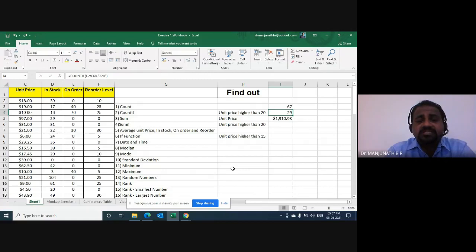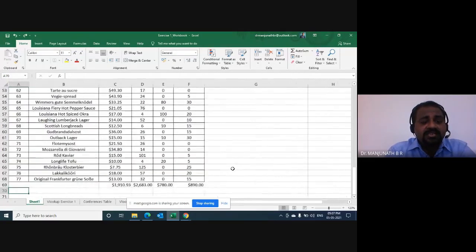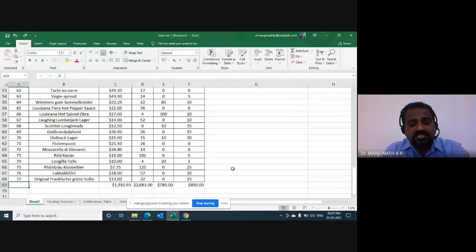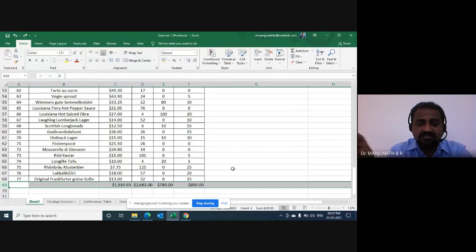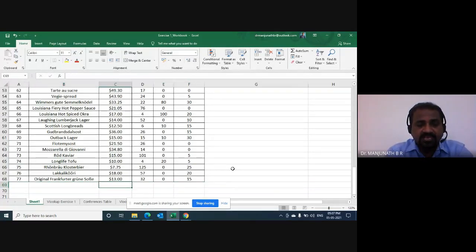After that we looked into the SUM, and for the sum, in fact, I trained you all to get the sum quickly. Let me demonstrate here. Shift Space bar for the entire selection of the row. I'll do Control minus, and it got deleted. Now if I want to get the total for column C, Alt plus, release, both hands are out, and then I press Enter. I got the value over there, the automatic sum.